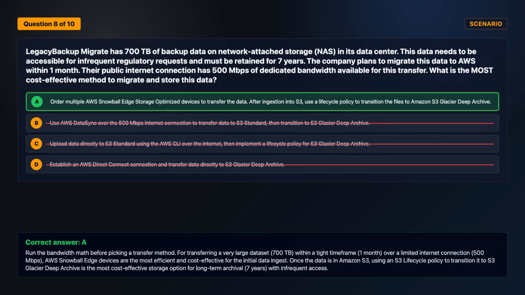The correct answer is option A. Run the bandwidth math before picking a transfer method. For transferring a very large dataset, 700 TB within a tight time frame, 1 month, over a limited internet connection, 500 megabits per second,